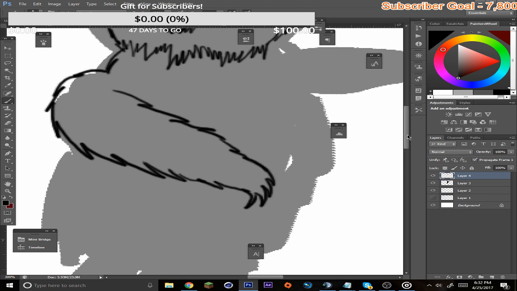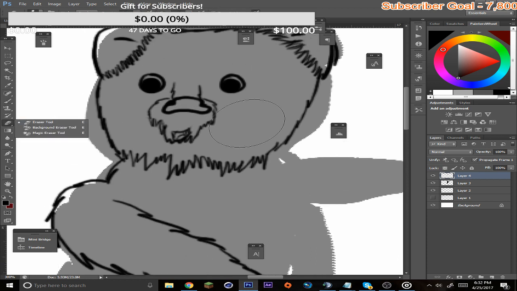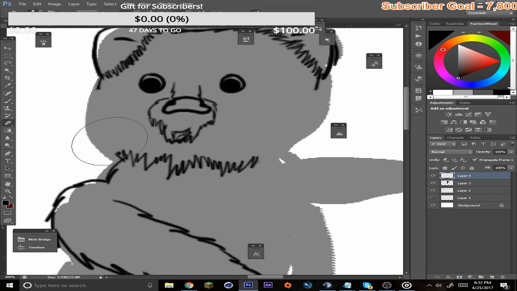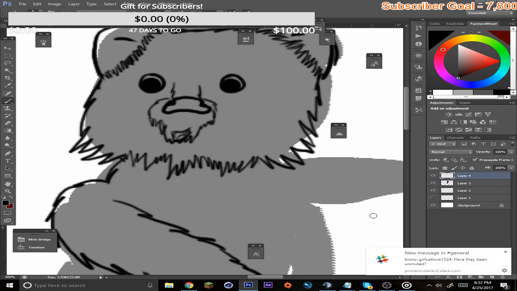So it's going to be like that. Something else I realized is maybe if we take this and let it go out like that, I'm just letting the fur go out that way. Might make it look a little bit better. There we go.